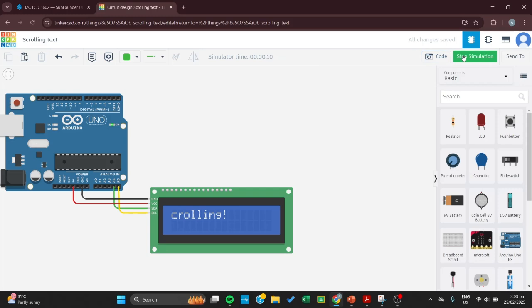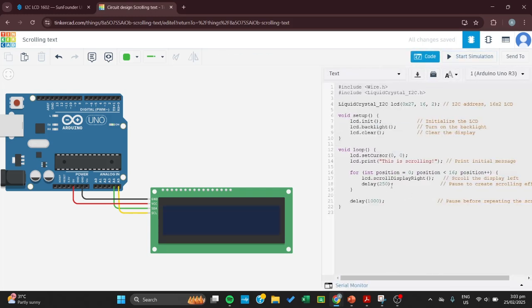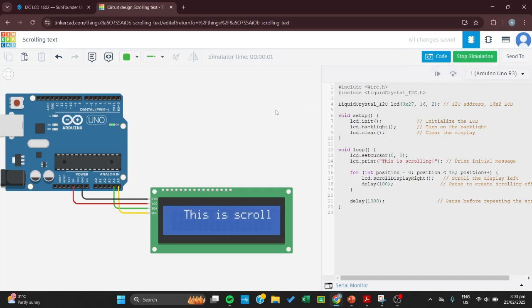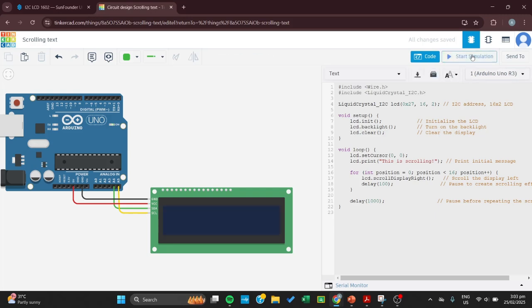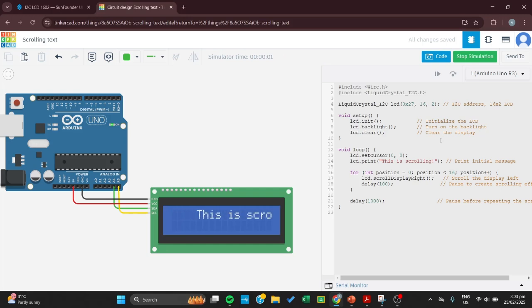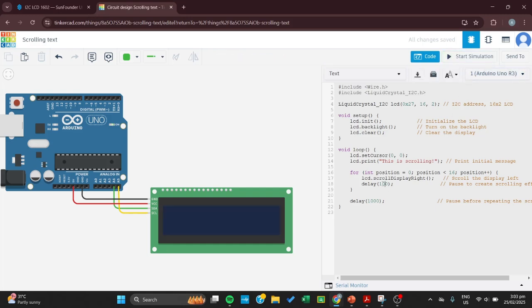If you want your scrolling to be faster, well, you have to reduce the delay. That's one way of doing that. Now, this one is shifting your characters one at a time. But what if you want it to shift two characters at a time? So what you would do, let me put it back to the original delay, is to create another